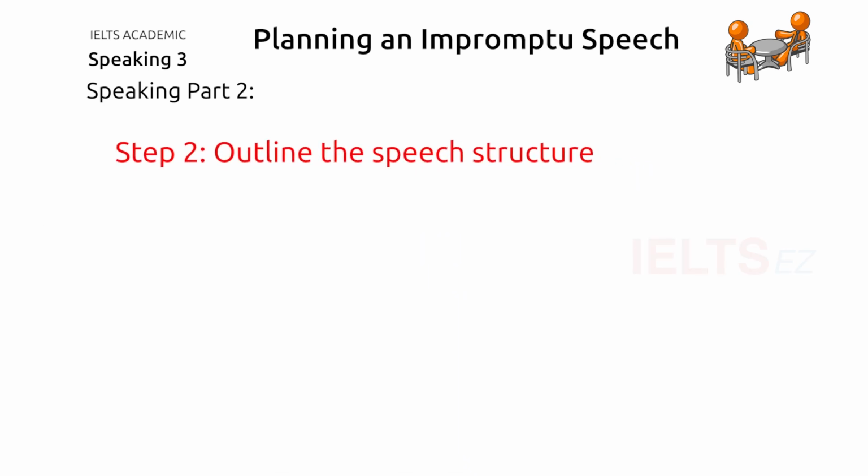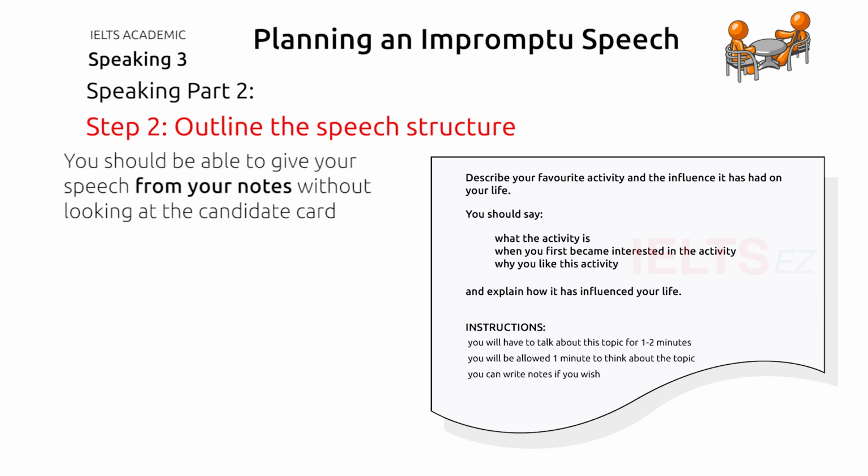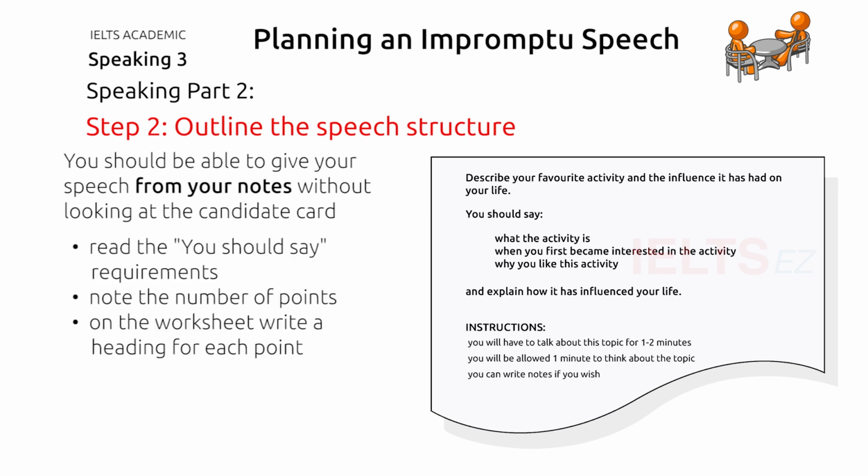Once you have your subject matter, step 2 is to outline the structure of your speech on the notepaper. The goal is to be able to deliver your speech by only referring to your notes. When you're speaking, you do not want to have to refer to both the candidate card and your notes. That might be confusing. Now, the outline of your speech is given to you on the candidate card. So the planning for most of your speech is really quite easy. On the card will be words like, "You should say," and below that will be listed the points to include in your speech. For example,